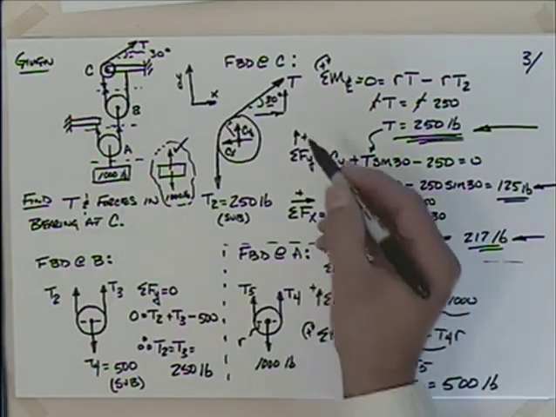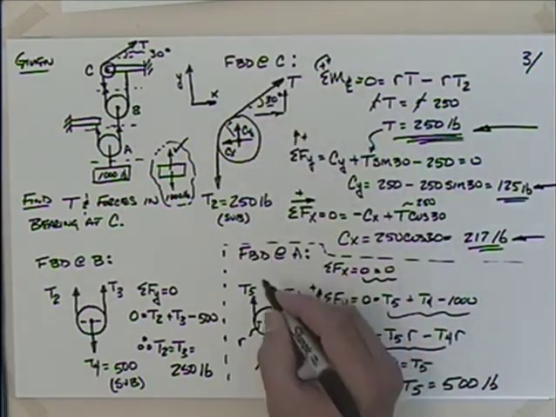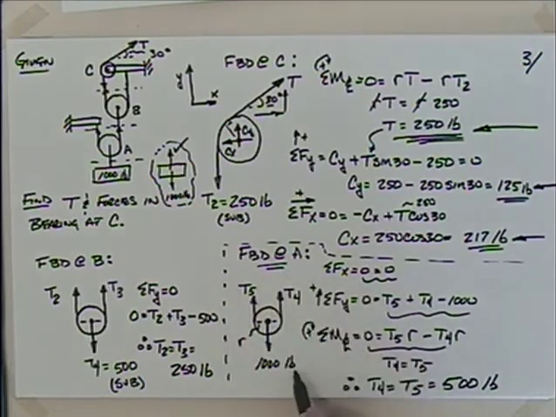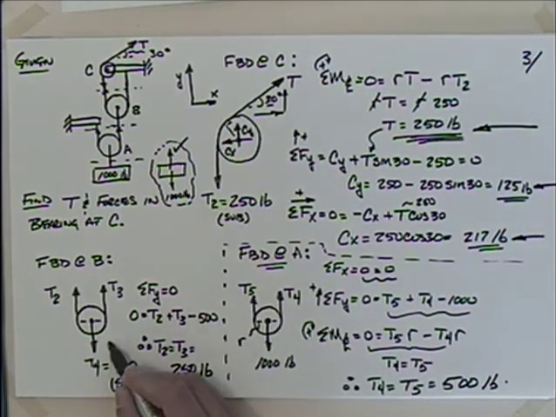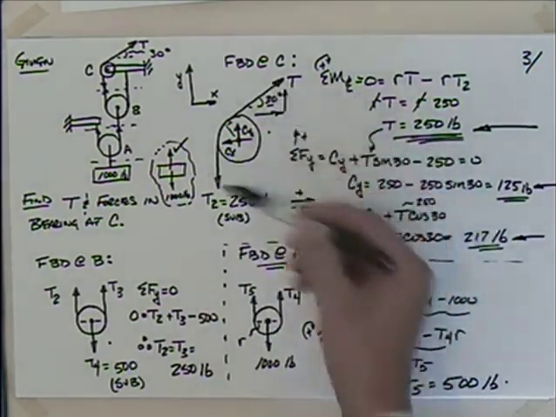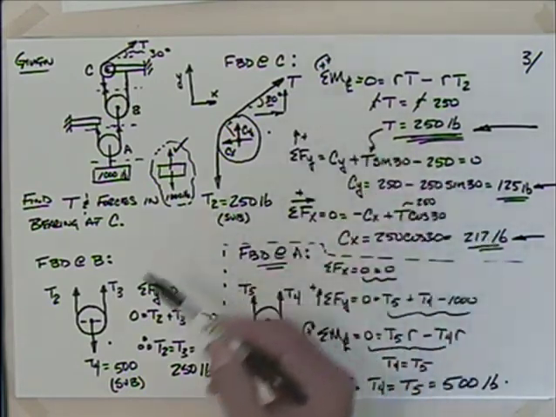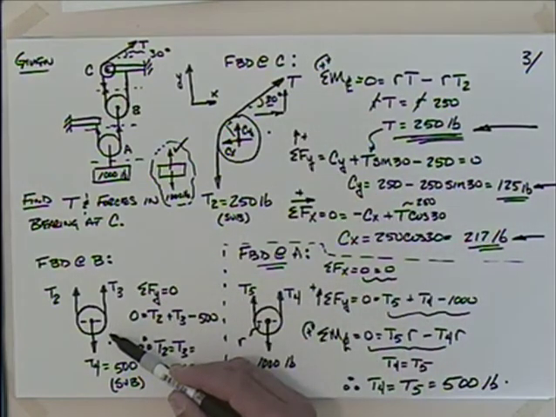I actually did this in the order. If I had done this on my own, I probably would have done this one first, because I knew I'd have to get this value, and then done this one second, and then come up here. But sometimes when you're just starting out, you end up doing this, and you have to have the discipline to say, hey, I don't have enough information, so I need to go draw a free body diagram of something else. I mean, you don't want to